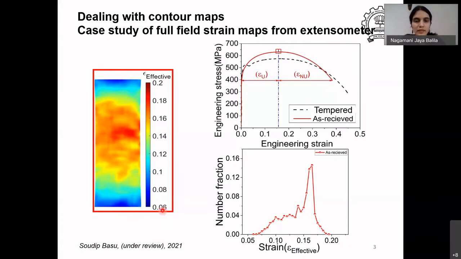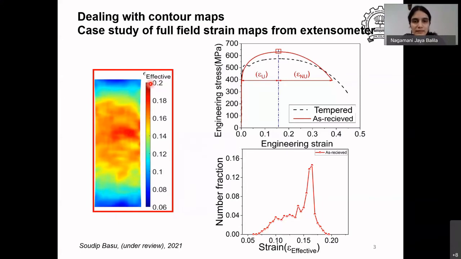So we'll ignore that. But if you look at the quantities from green to red also, which is well within the central part or the gauge of the specimen, you will still see a distribution. And this distribution tells us that there is something non-uniform occurring, which is probably due to the material, because your applied strain state was uniaxial and uniform. So what exactly is happening, and where are those points of localization of strain? How much is the difference in strain at the highest point and the lowest point? All of these can be obtained through contour maps.